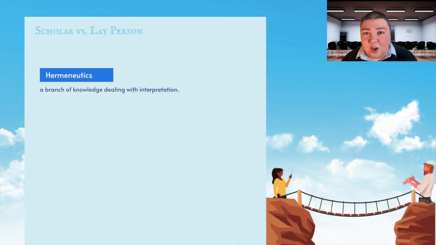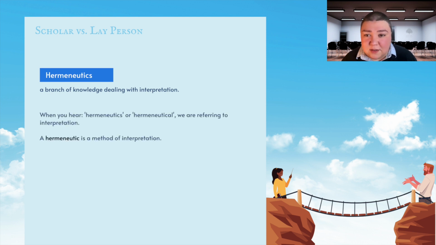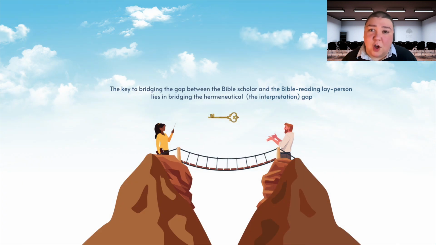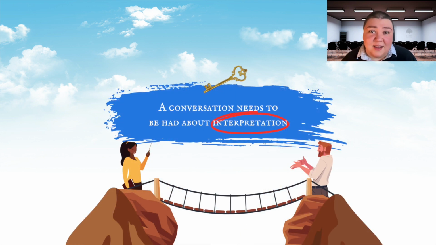Hermeneutics is a branch of knowledge, a discipline dealing with interpretation. So, in this class, when you hear the words hermeneutics or hermeneutical, we are referring to interpretation. A hermeneutic is a method of interpretation. The key to bridging the gap between the biblical scholar and the Bible reading layperson lies in bridging the hermeneutical, the interpretation, gap, meaning that a conversation needs to be had about interpretation, which leads us to the next challenge